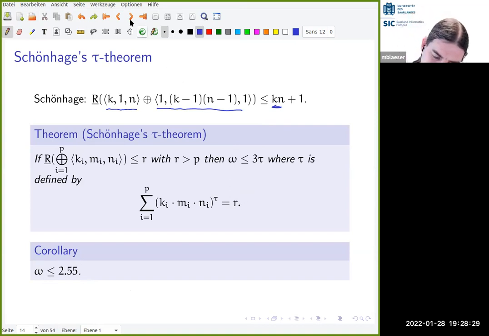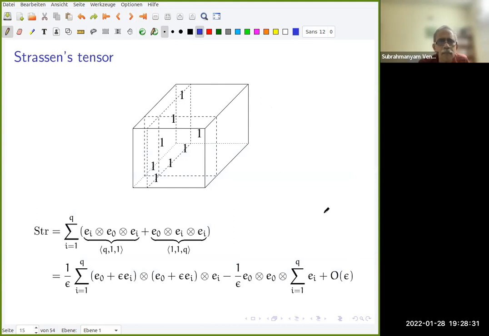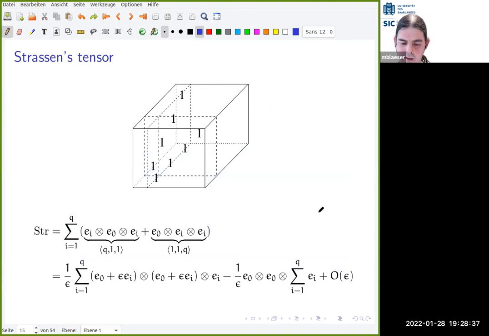Okay. And then things get more and more crazy. The next thing is what is called Strassen's laser method, and he finds an even more efficient algorithm for something which is now not even a sum of matrix multiplications. So you have here an identity matrix, and you have there an identity matrix,